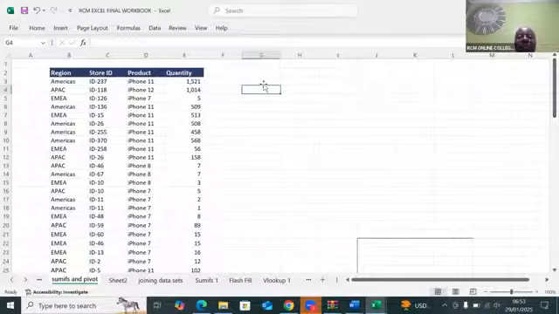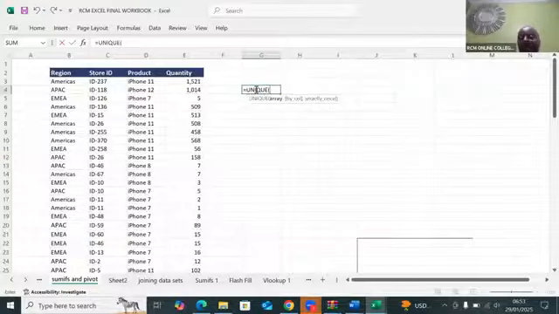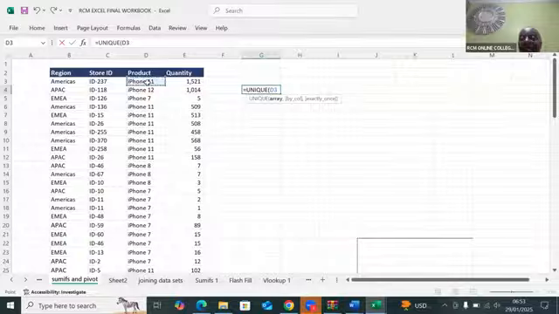So somebody may just want a unique list of iPhones here. So come and do iPhones. So you say equals unique. Unique is very important. So you say unique, and see it is there. And the unique items I want are these products here. You see, I want them to be unique because I don't want repetitions. I don't want iPhone 11, I just want iPhone.